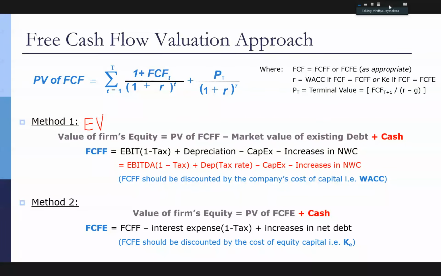So if I want the value of equity, because I want the share price, I don't want the bond price, I don't want the company's price. As a shareholder, I want the share price. So once I get the value of the firm, I have to now find how much my shares are worth. Once I get the value of the firm, I have to take out the impact from the bondholders. And because it's in today's prices, because I have forecasted all the cash flows to the future,